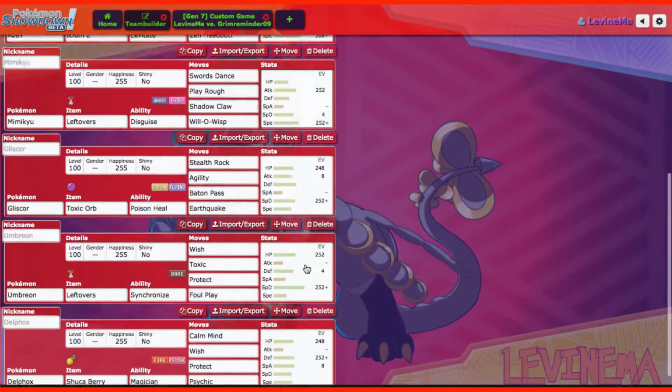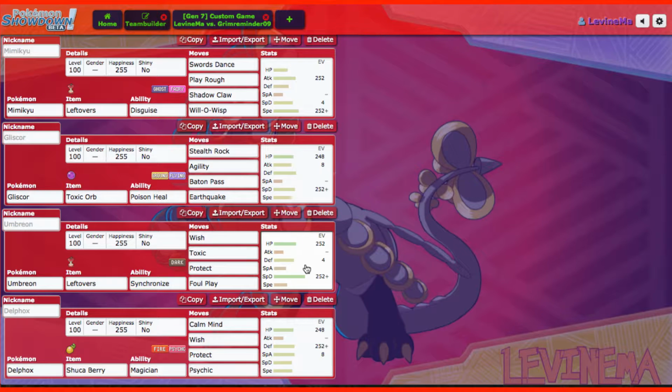Then we got Umbreon, which is, I don't know why I have so many special walls in this game, but whatever. I put a lot of specially defensive Pokemon. So we got Umbreon with Wish, Toxic, Protect, Foul Play. And that's interesting too, because this thing is going to be able to take hits from most of his Pokemon,